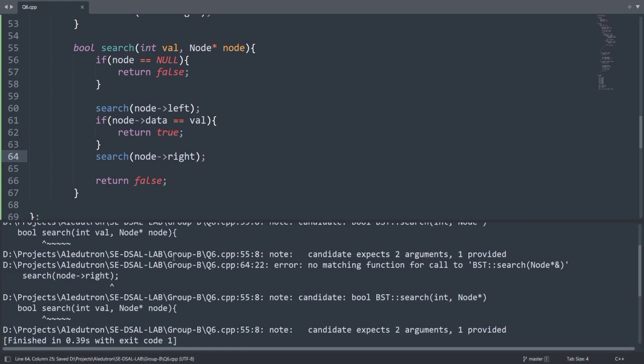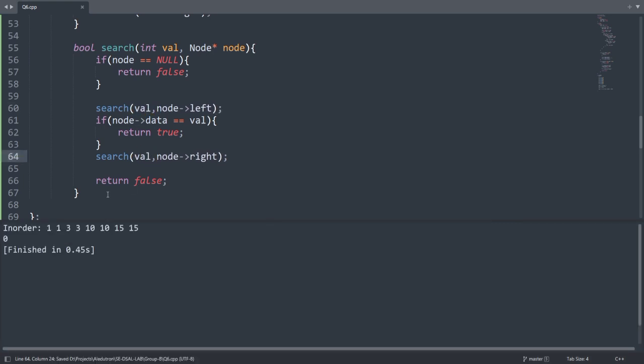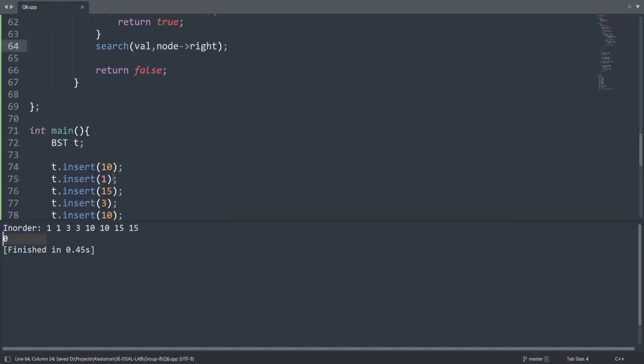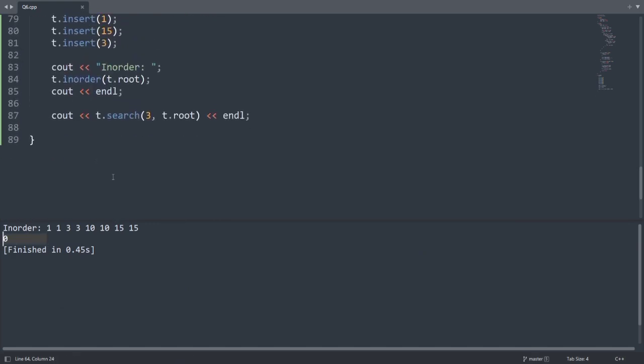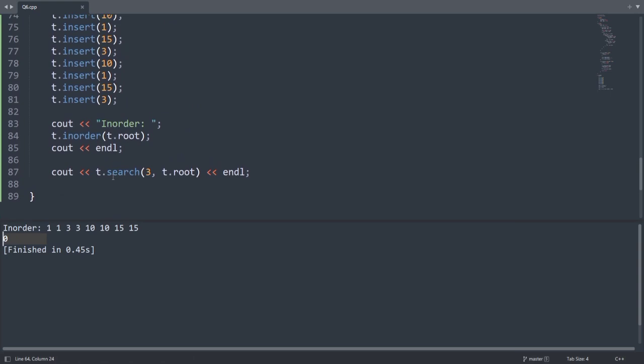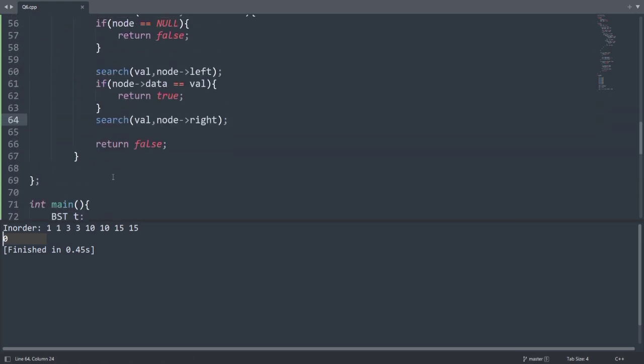Okay, executing. Okay, here you need to pass the value and the node. So value and the node, execute. Okay, false. What did we give? 3. Okay, so here we need to